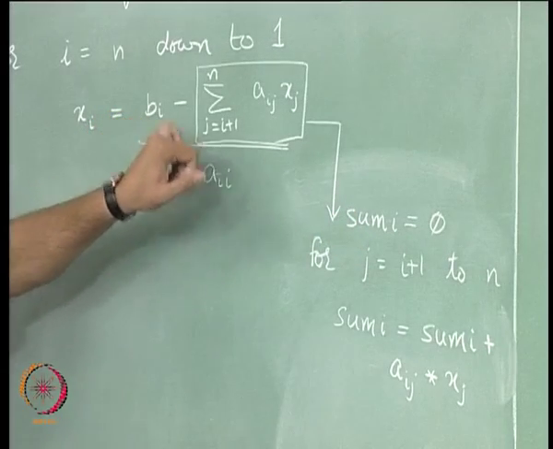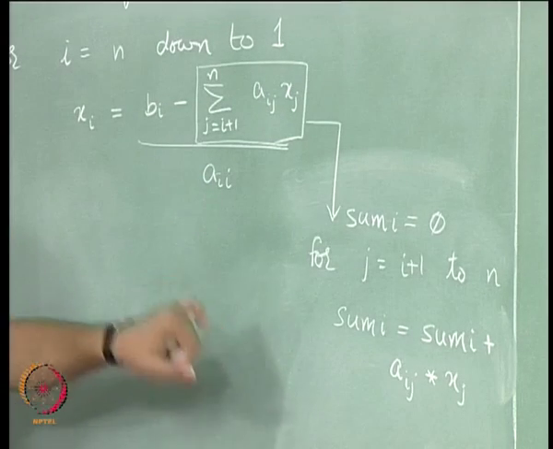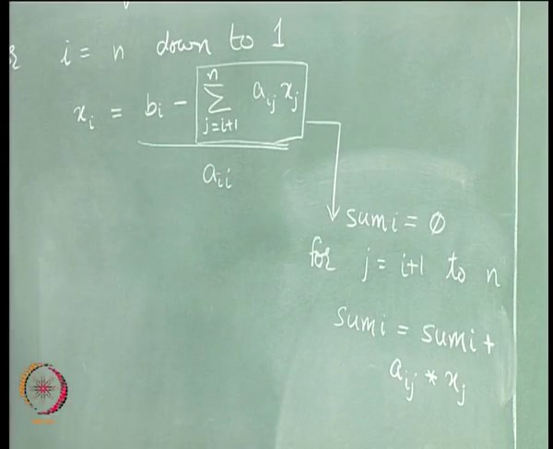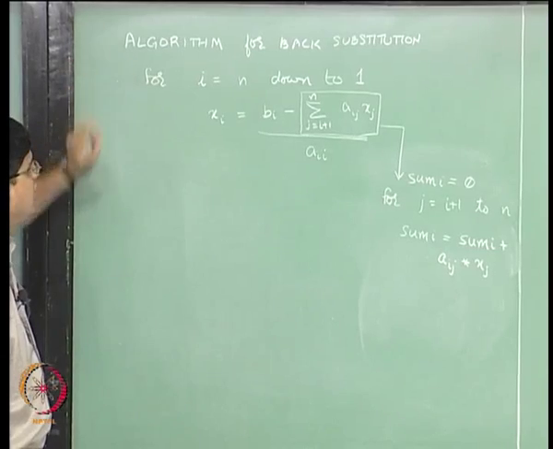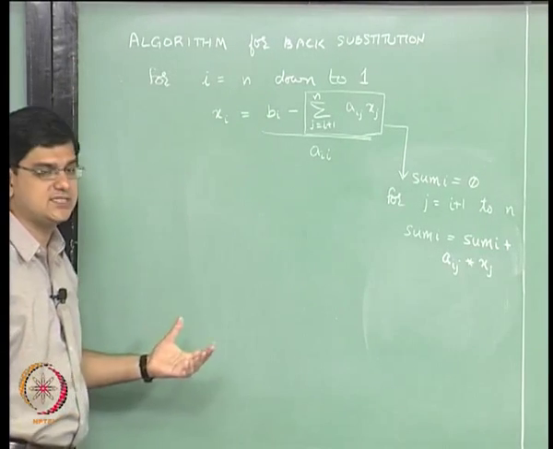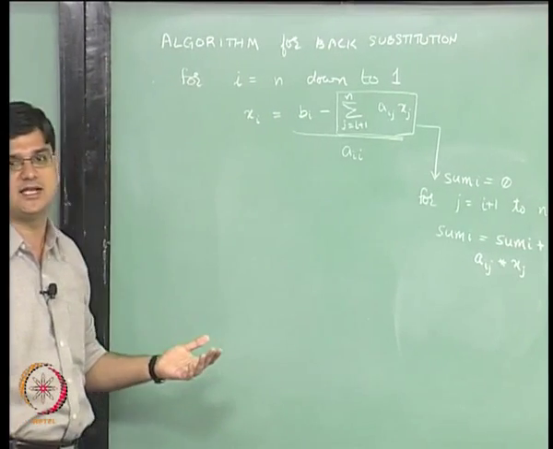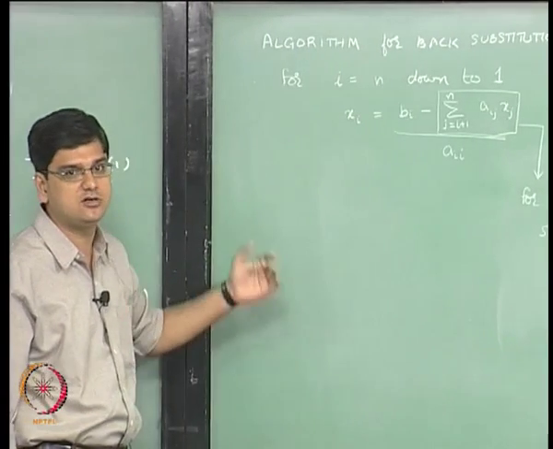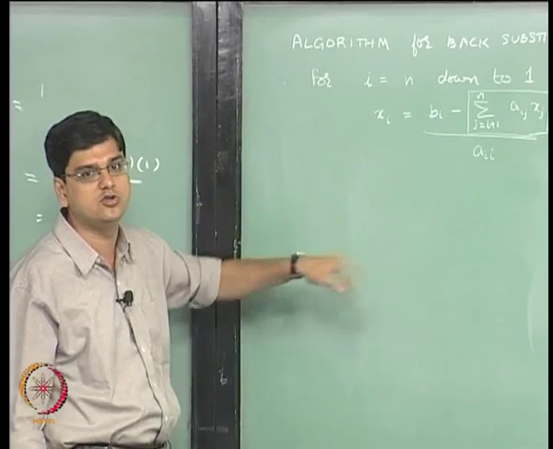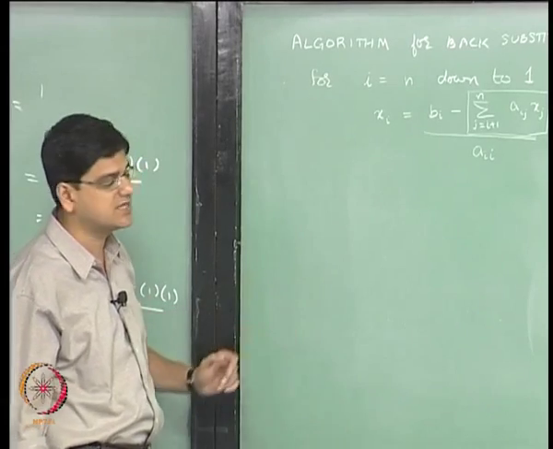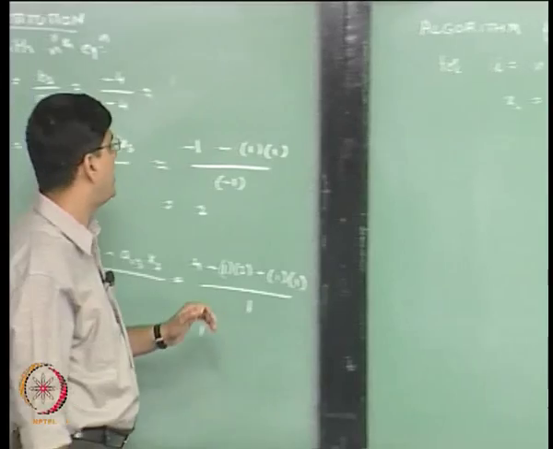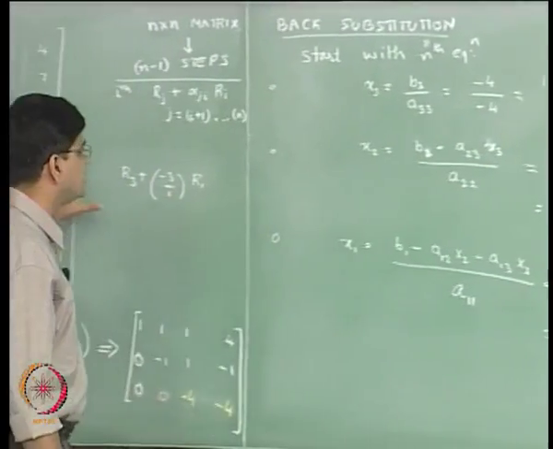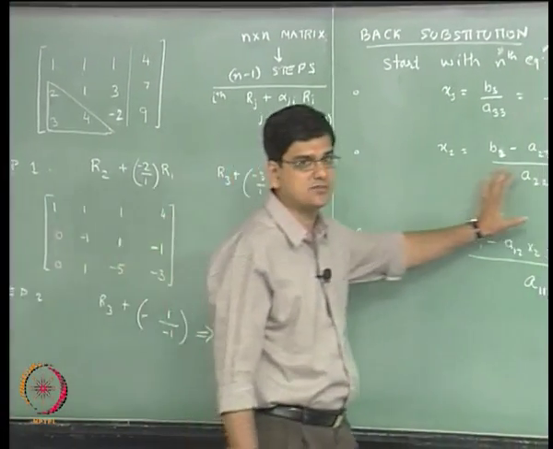So we have b_i minus this sum i divided by a_ii, that is going to be our algorithm, again a rough algorithm for the back substitution step that we are going to follow. In the next lecture I will take up an Excel example using Microsoft Excel to exactly show how we are going to do the Gauss elimination step and the back substitution steps. So this is overall what I have here for the Gauss elimination and the back substitution.